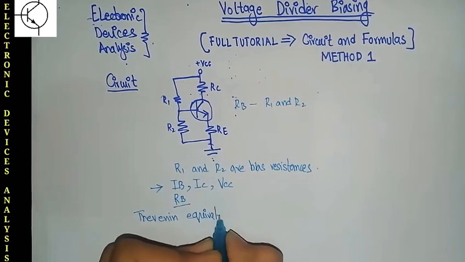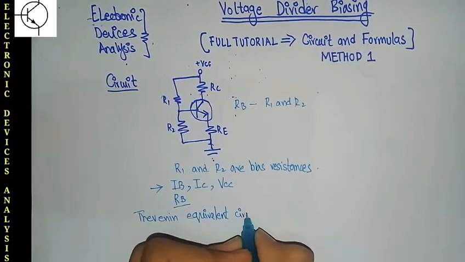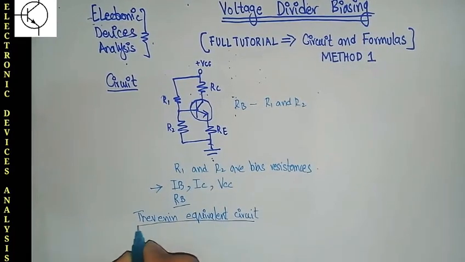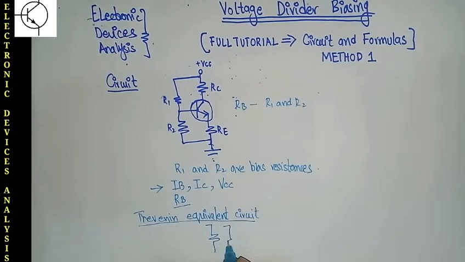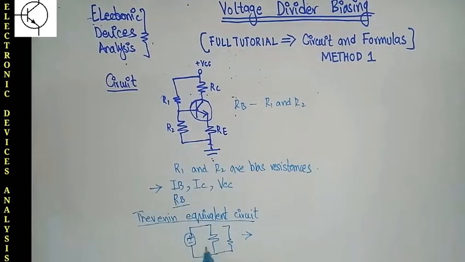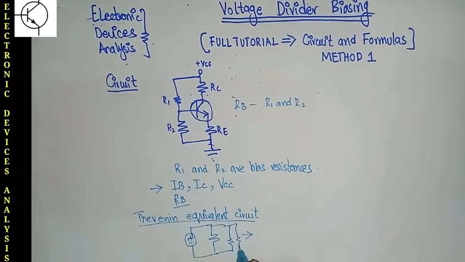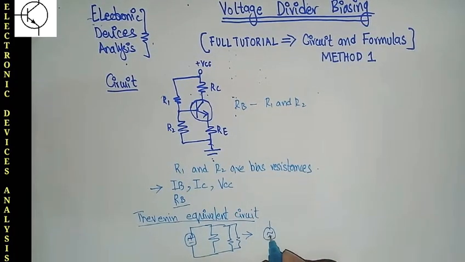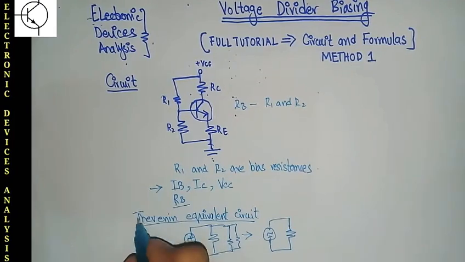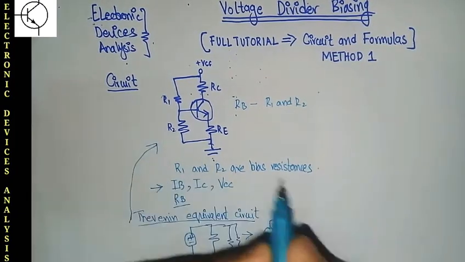Thevenin equivalent circuit. And as you already know, what is the Thevenin equivalent circuit: if many of the resistances are present in parallel or series, and there is a voltage present, either AC or DC, here the DC voltage is applied, so we will take this. So many resistances are present, therefore the Thevenin equivalent circuit is made of one voltage source and a single resistance in series with that circuit. So we will apply the Thevenin equivalent circuit to this circuit.